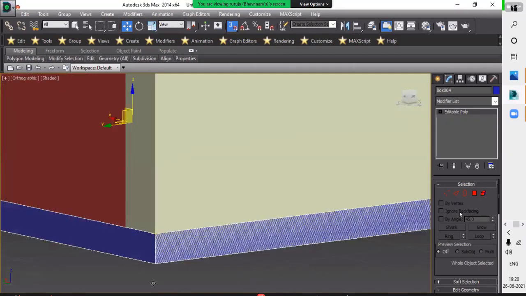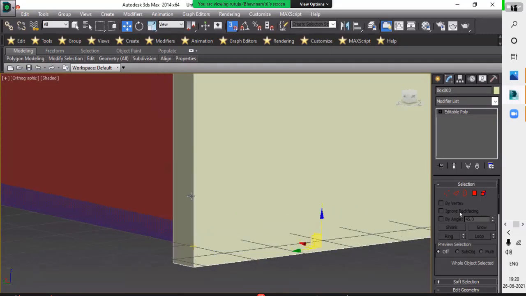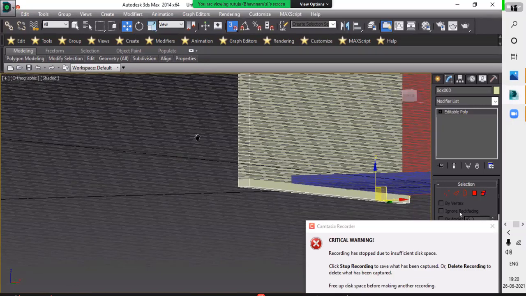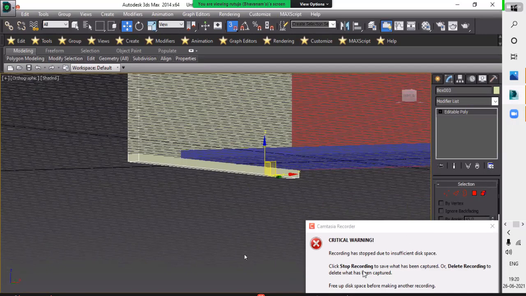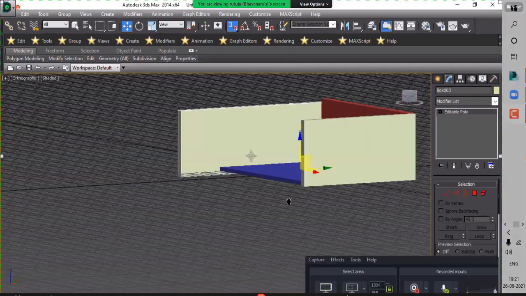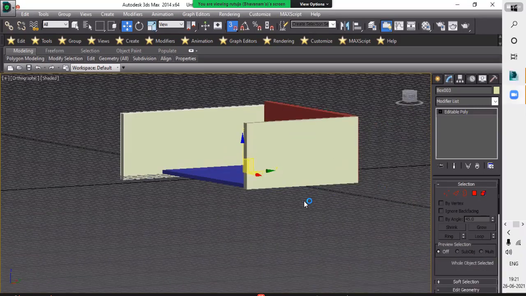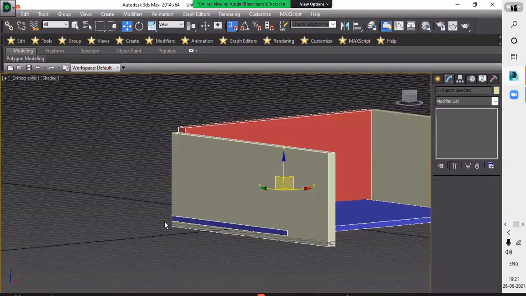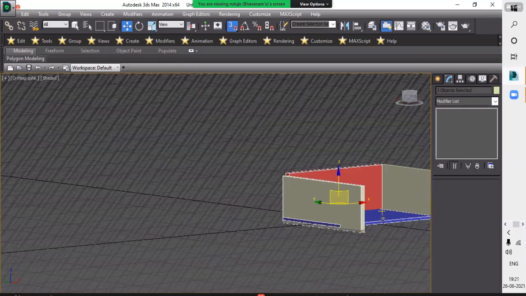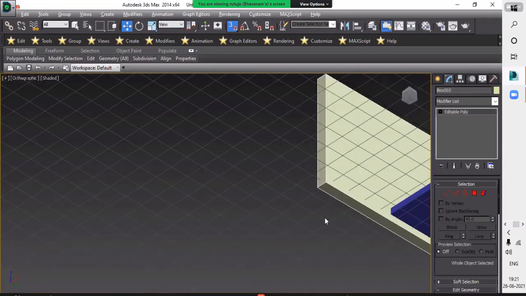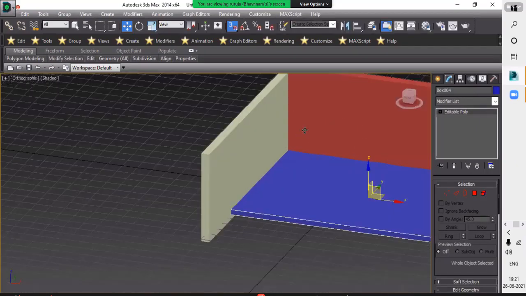Okay, like that you will move. So what can I exactly do here?